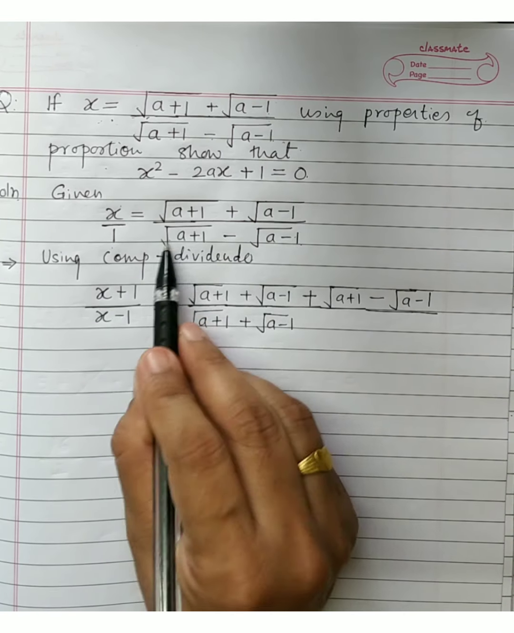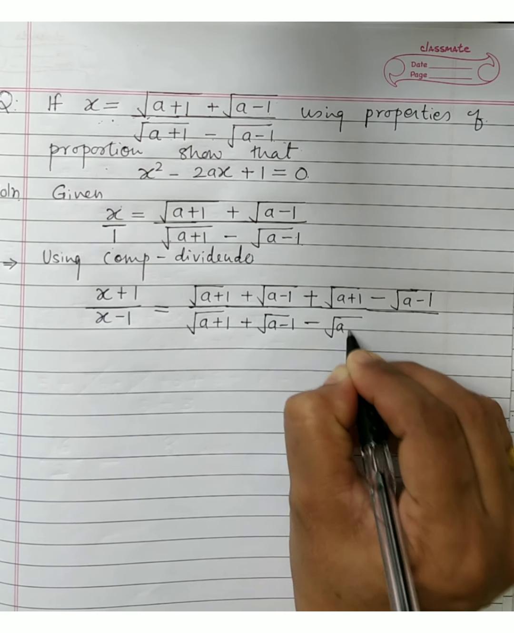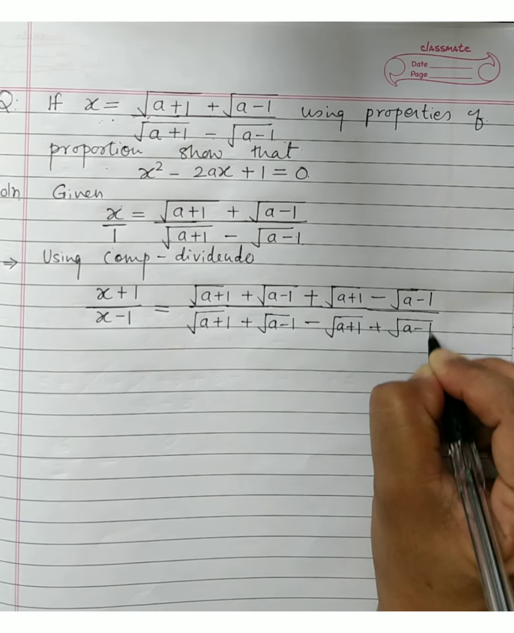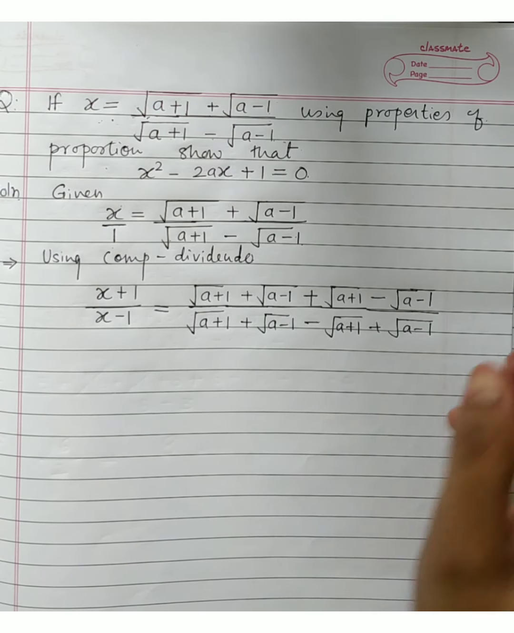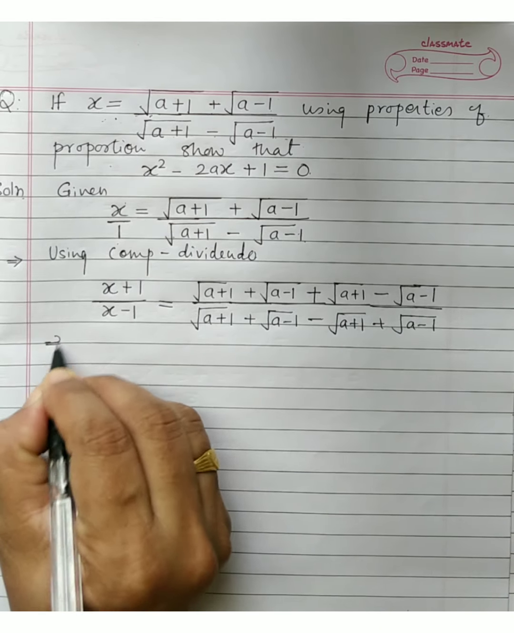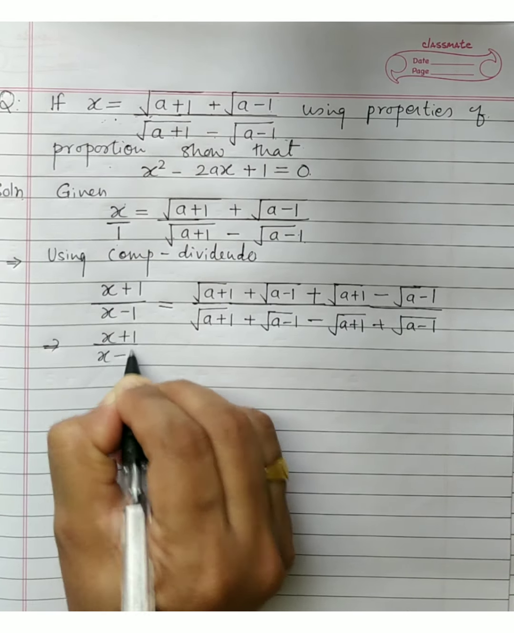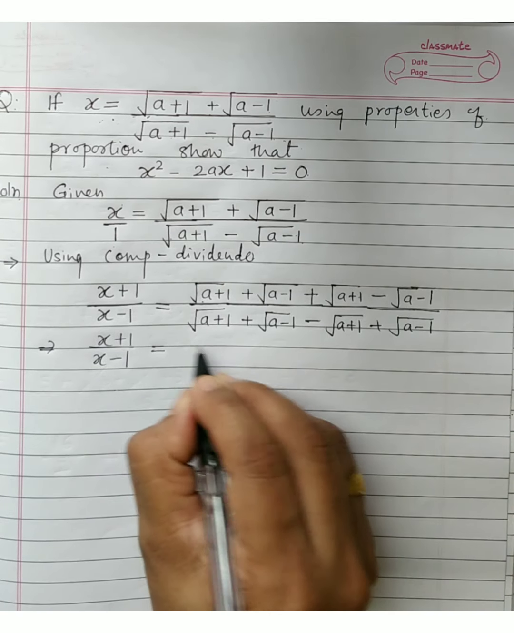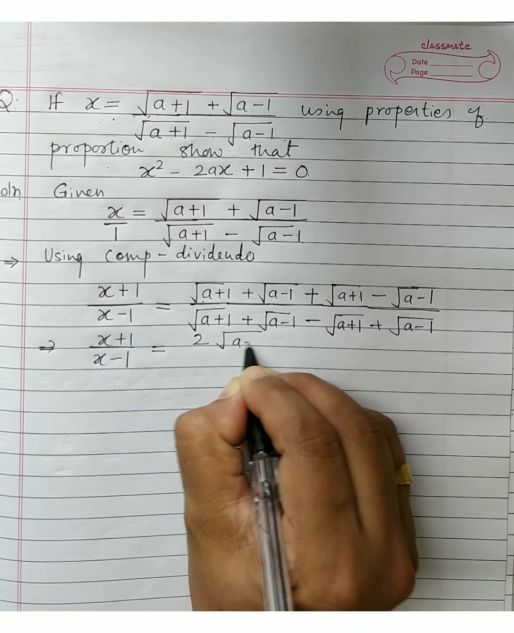So what will happen? These two terms' signs will change, right? So it will become minus √a + 1 plus √a − 1. You need to solve it yourself. Observing does not clear the concept. So (x+1)/(x−1) equals √a + 1 plus √a + 1, you know what will happen, 2√a + 1,